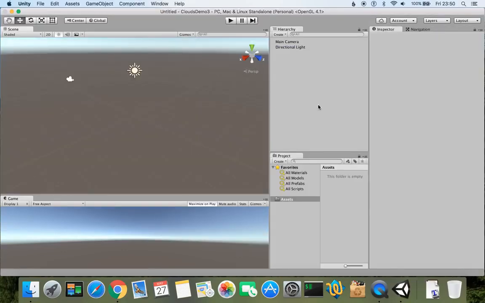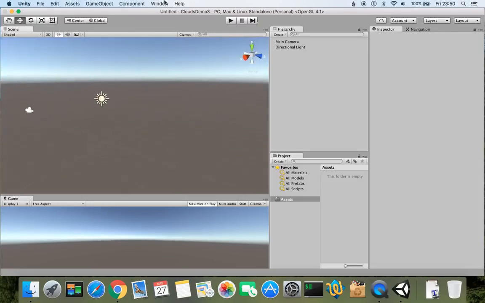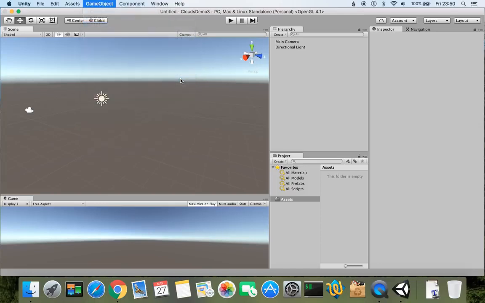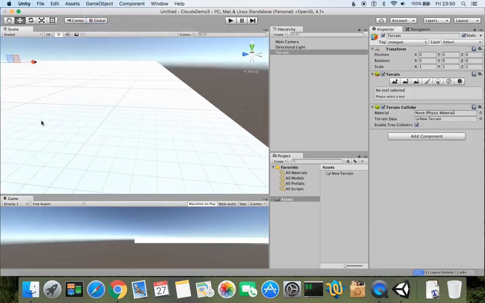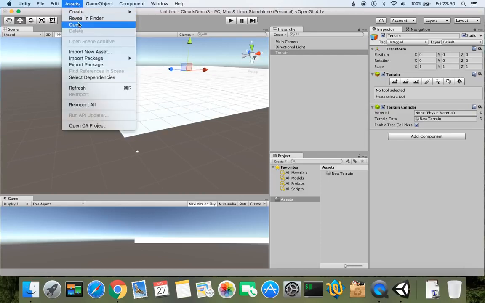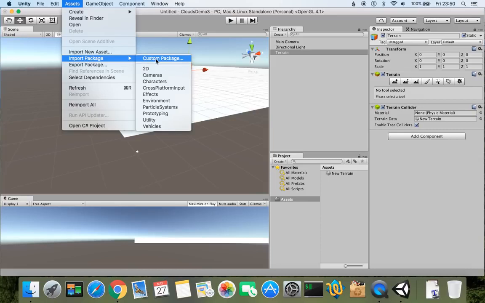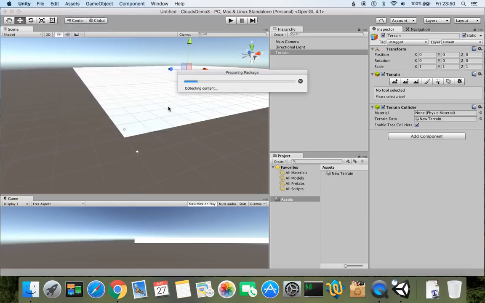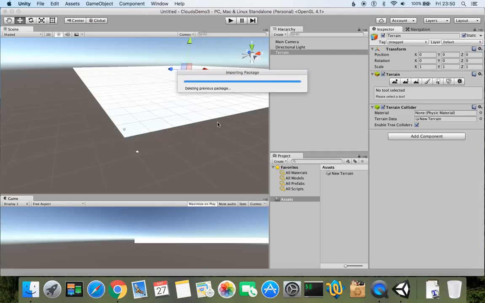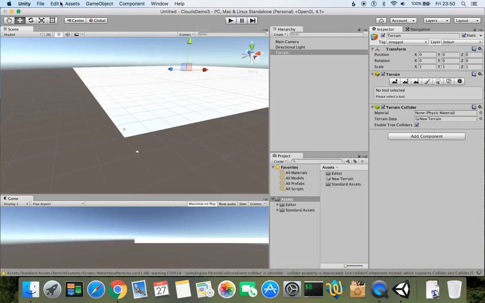Okay, so here we have default scene. Now what I want to add, I want to add probably a terrain. So 3D object terrain. Then I want to import some packages. We will need to import particle systems. Import. And also